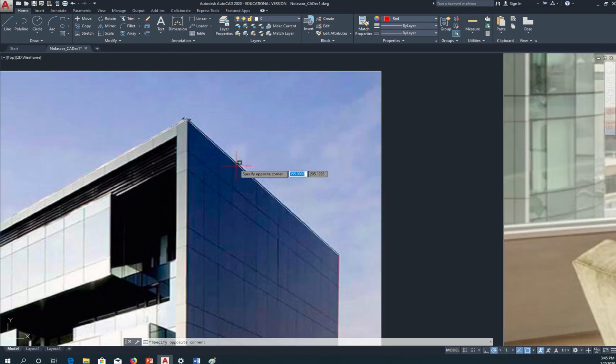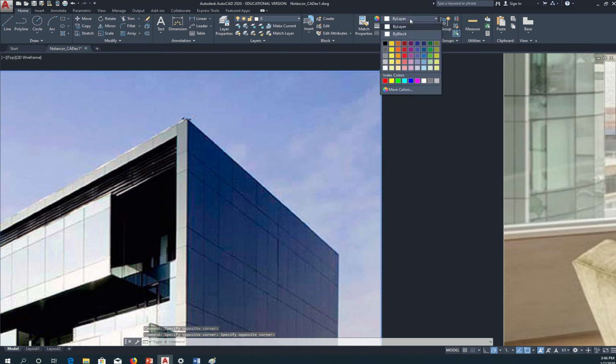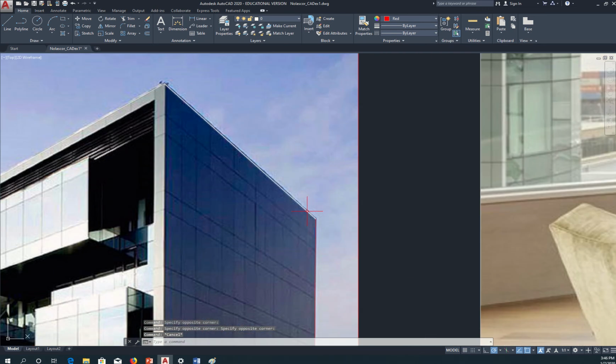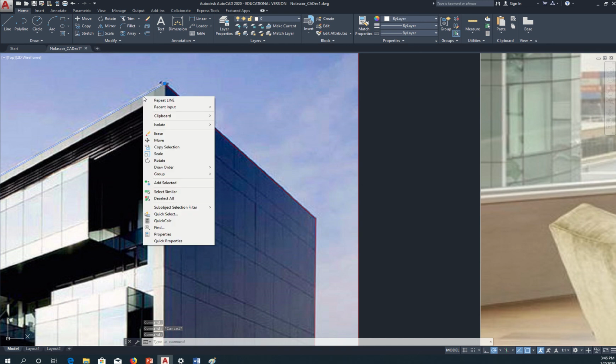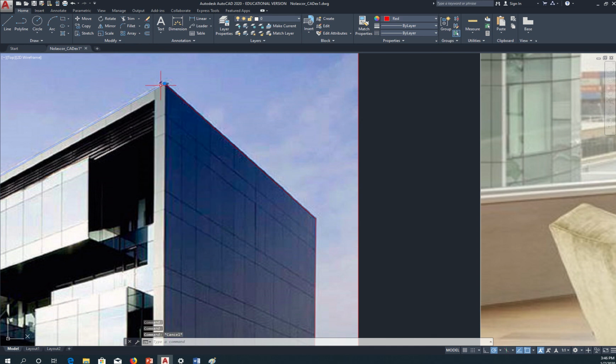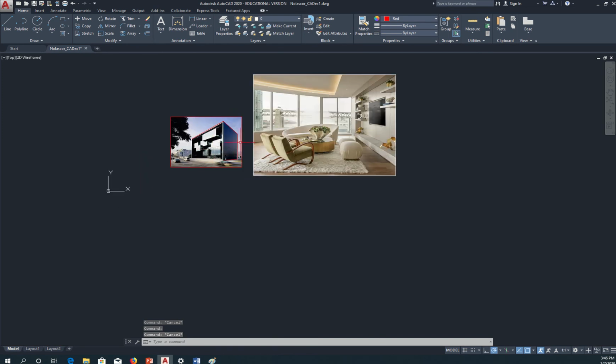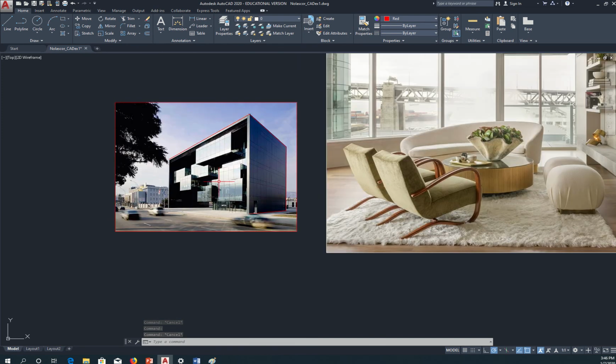If you want to change the color of the line that you've drawn, you can select the line and then change that color. Okay, if you're not able to see the line, maybe it's at the back of the image, you can select the line, right click, draw order, and say bring to front. Okay. So I'll change that line color to red, and I'll continue tracing this as much as I can